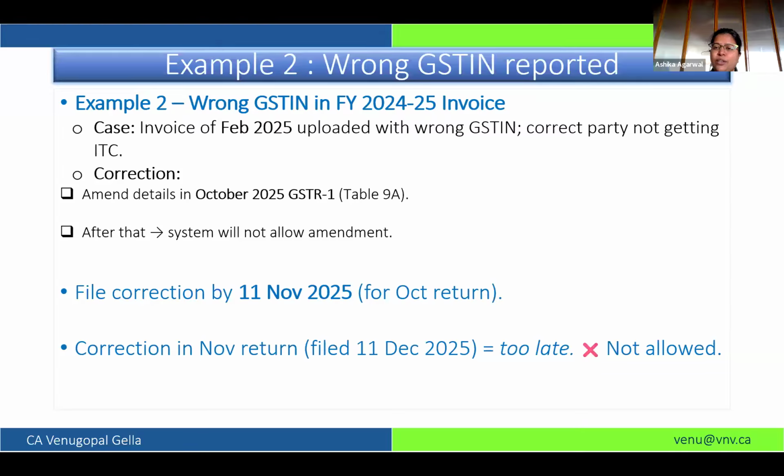So it will be an ITC loss for the recipient, because until and unless the transaction gets auto-populated in 2B, ITC is not eligible, and this has been made mandatory from Jan 22. Now there is no dispute between 2A versus 3B or 2B versus 3B specifically for the period 24-25, because the government has made it clear that only if the transaction auto-populates in 2B are we eligible for ITC.